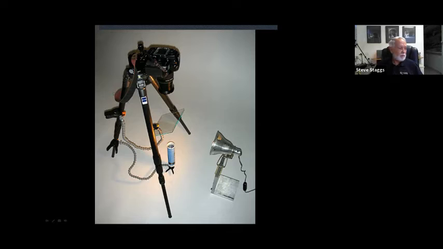Here is a setup that's not really in a lab. You could do this anywhere. What we have is our camera on the tripod. This is some kind of a cylinder, and we want to get lighting inside the cylinder to photograph directly in there. Now, if you just popped up your flash and it fired, the light would be coming at